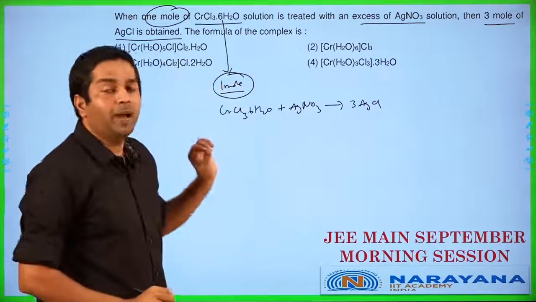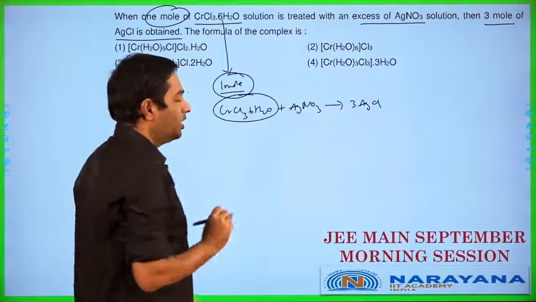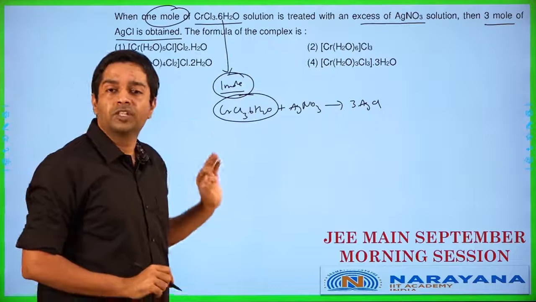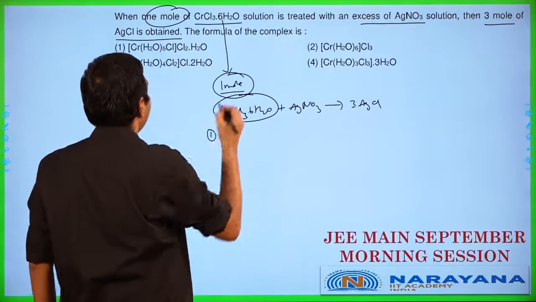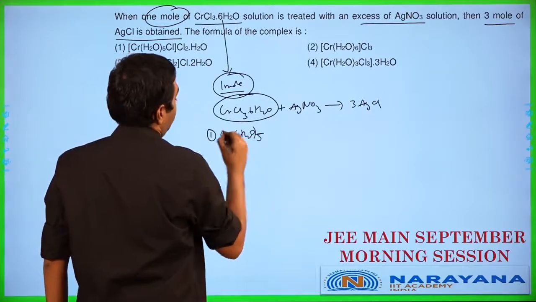Now, what is going to be happening in this particular case is this. This complex has many different structures possible, which are obviously given to you in your options. So let's take a look at each of these cases here. Let's take option 1 and examine how it works. So we have it as Cr(H2O)5Cl